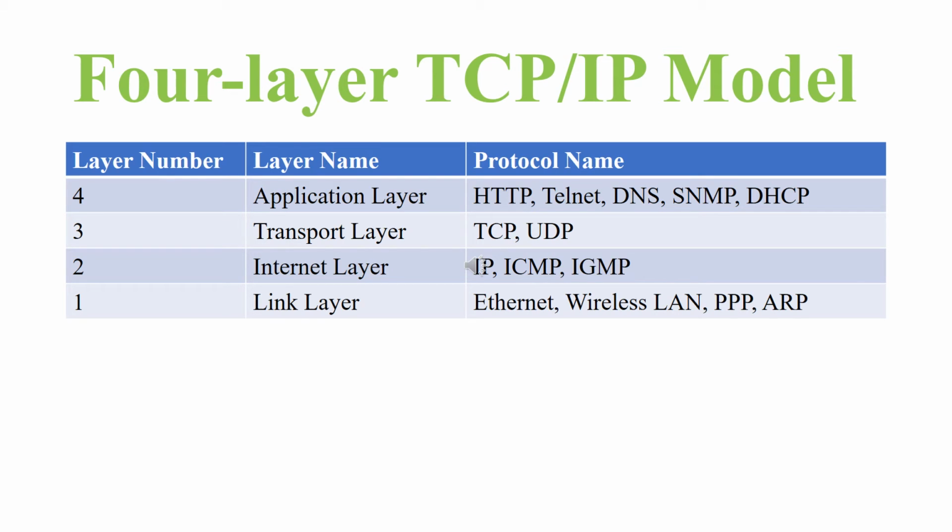Now let's talk about the internet layer. The internet layer is used for routing the packets across the internet, and this layer has mainly only one protocol, which is the IP protocol, the Internet Protocol. But because this protocol is connectionless and provides unreliable services, we use two more protocols for control